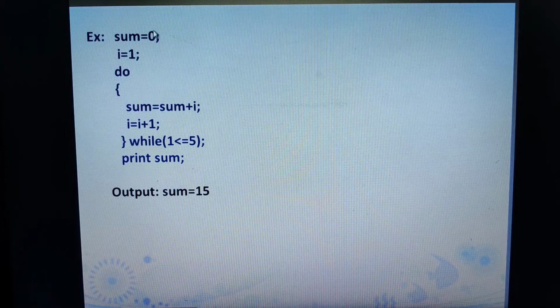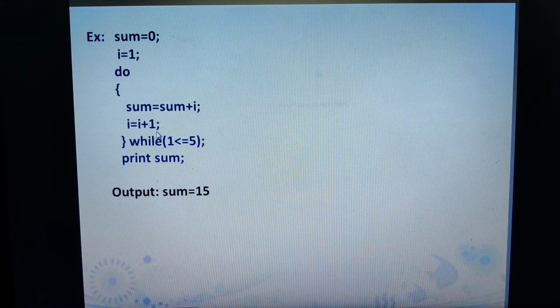What is the initial value of sum? That is 0, plus the initial value of i, which is 1. So 0 plus 1 is 1. The latest value of sum will become 1. It will rewrite the contents from 0 to 1. After that I am incrementing the i value. Initially i was 1, so 1 plus 1, the latest value of i will become 2.